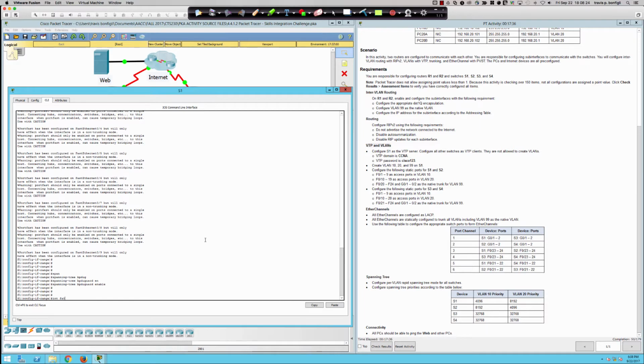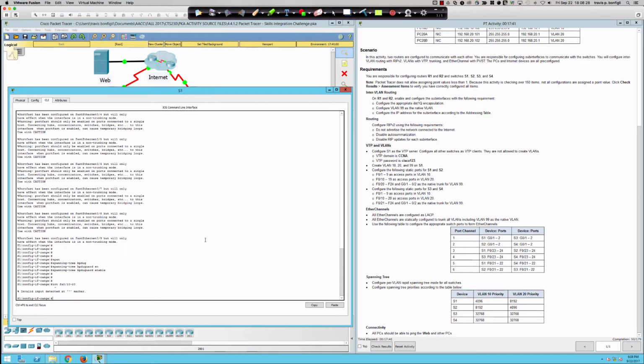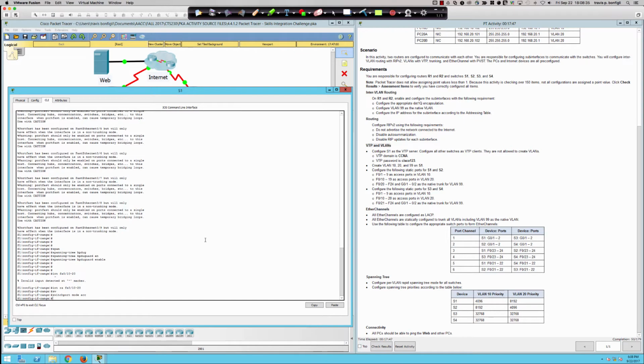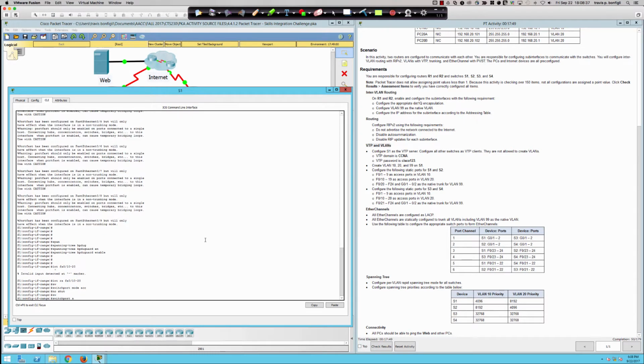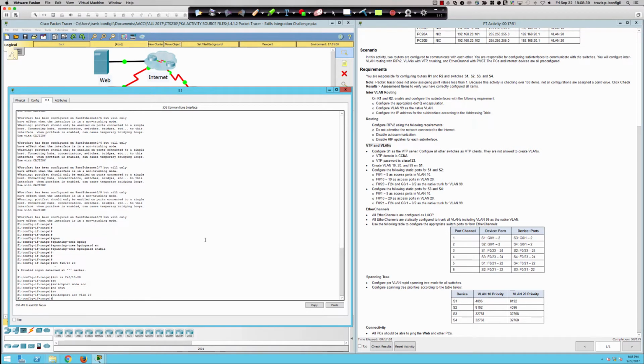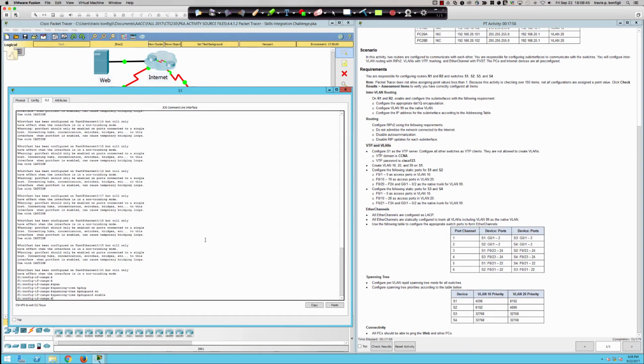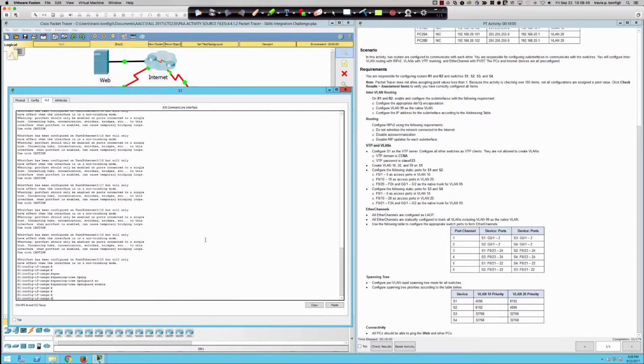Let's go into interface FastEthernet 0/10 to 20, it looks like. And again, I'm sorry, interface range FastEthernet 0/10 to 19. And we're going to say switchport mode access. We'll no shut these ports, switchport access VLAN 20, and then spanning-tree portfast and spanning-tree bpduguard enable. All right, so we've got that knocked out, and then interface range, FastEthernet 0/20 to 24, and